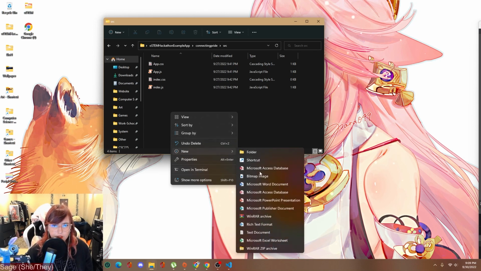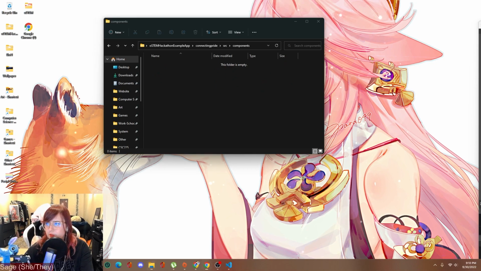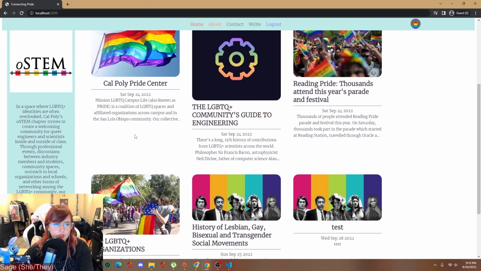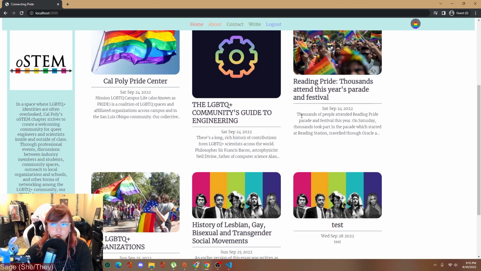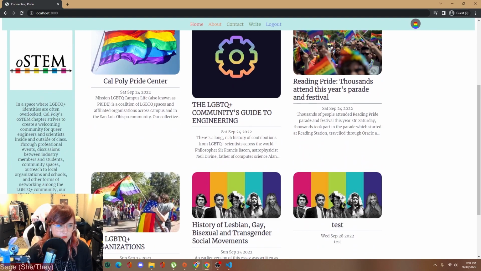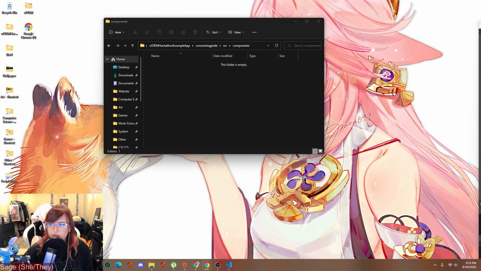Now we're going to call this folder components, and that's going to store all of the components that we'll have in our web app. So if you look at the website here, this is a component. Each of these little post things are a component. The sidebar is a component, and it makes everything really organized and nice,